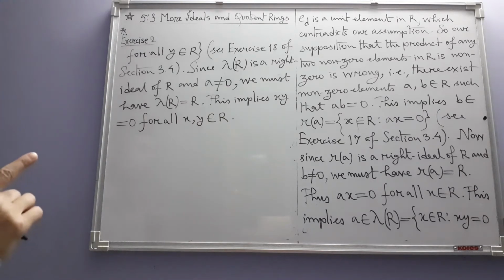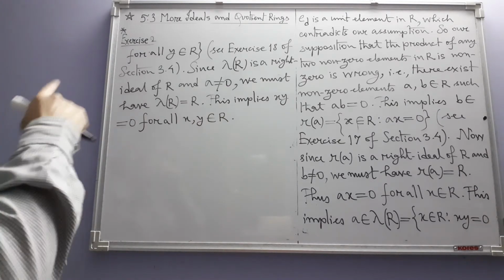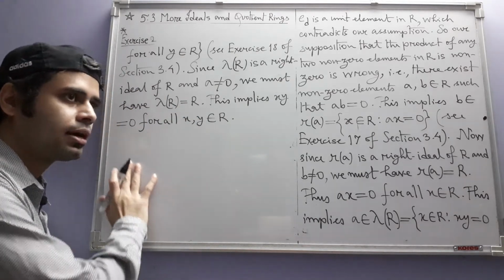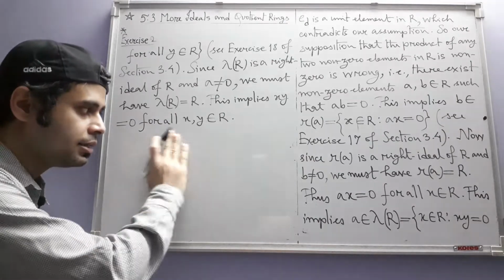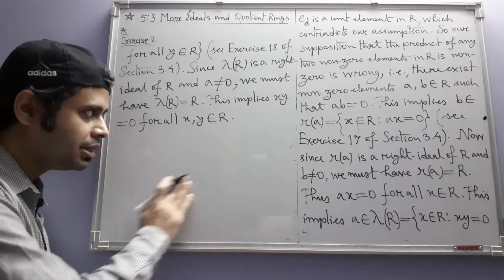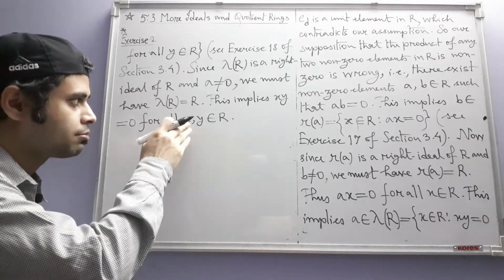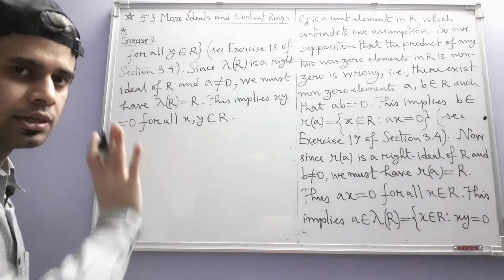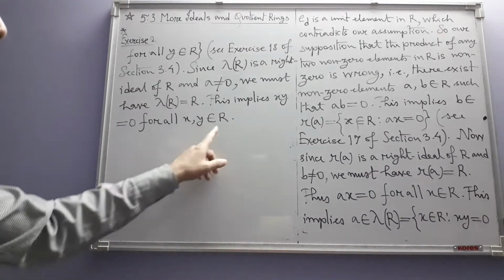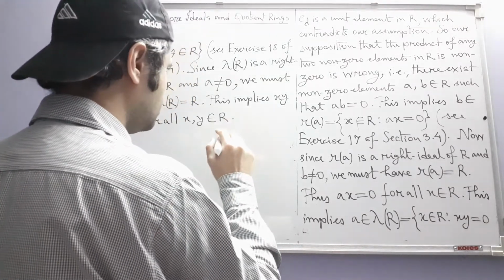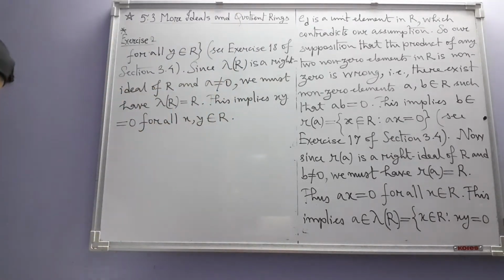So you see that one part of the claim has already been proved. We were asked to prove that either R is a division ring or R is a ring with finitely many elements in which the product of any two elements is 0. So that product being 0, that part we have already shown. Now we have to prove that the ring is finite. Okay. Now comes group theory. One exercise from group theory will now help us.